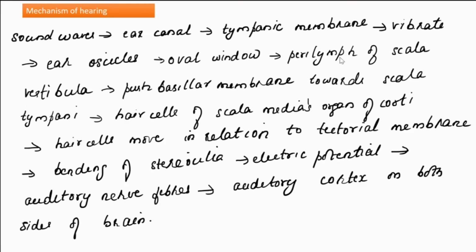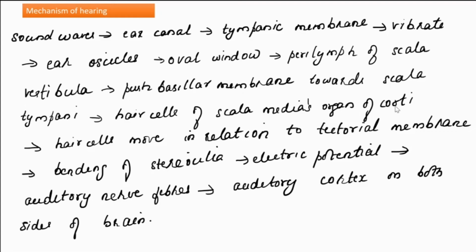That pressure pushes the basilar membrane, which separates the scala tympani from the scala media. So the basilar membrane experiences a push-like movement, and that causes the hair cells of the scala media of